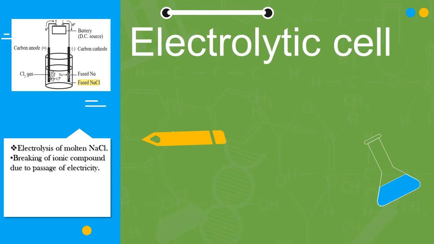As we know, opposite charges attract each other, therefore Cl- ions will get attracted to the positive electrode, while Na+ ions will get attracted to the negative electrode. These ions are in a fused state and therefore they are freely moving, and due to this migration electric current is generated. So the anode attracts Cl- ions and loses electrons, while the cathode attracts Na+ ions and gains electrons. Now let's study how to write cell reactions for this experiment.